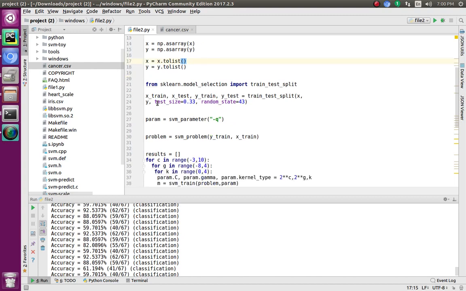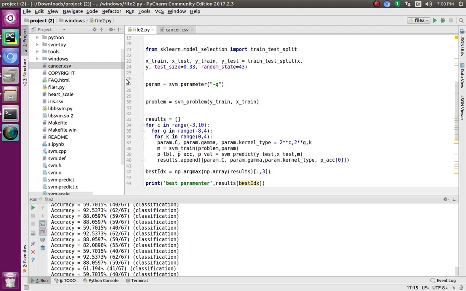I have taken test size equal to 0.33, which is almost 30%. We always take test size 30% and training size 70%, and I have taken random state 43.